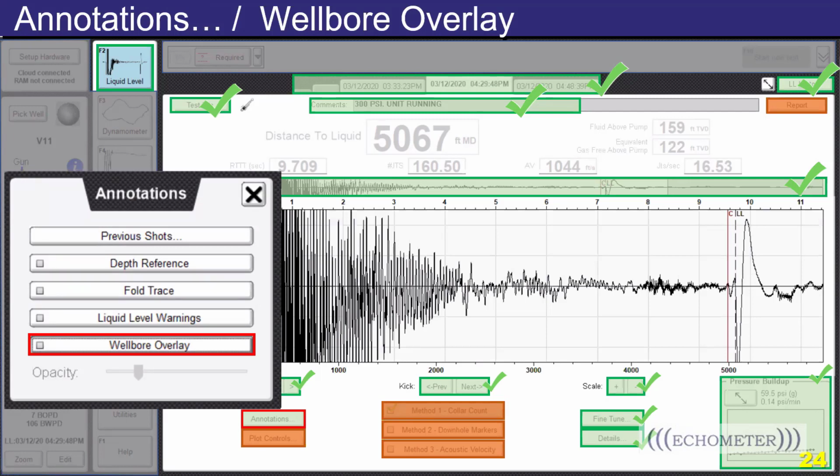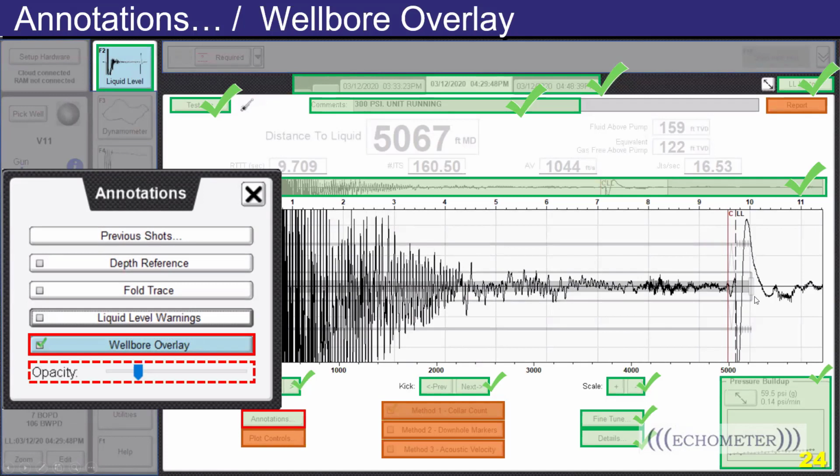This I like a lot, which is the wellbore overlay. I think it's selected by default in the software. What the wellbore overlay will do is take this wellbore schematic drawing and plot that on the acoustic trace based on the acoustic velocity calculated. We click on overlay. It will plot the wellbore schematic on the acoustic trace, and then you have an opacity cursor or slider that you can move to the right to make it darker or to the left,